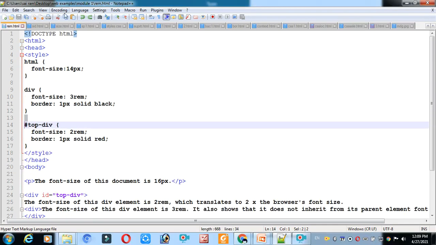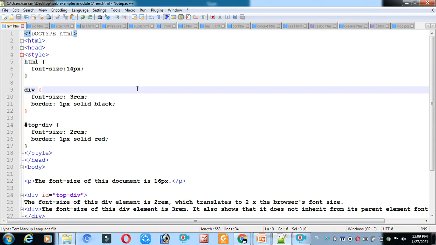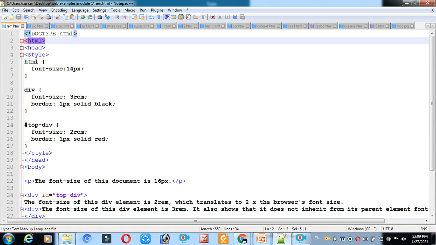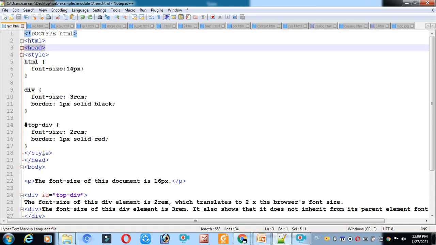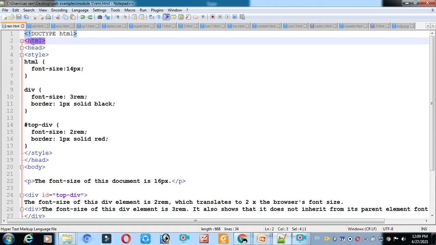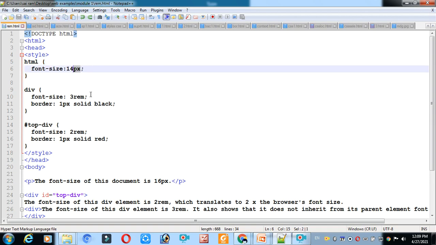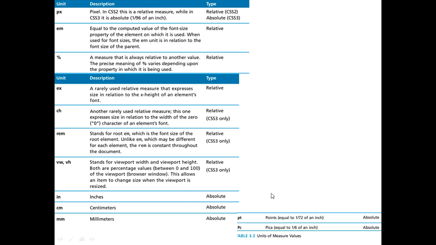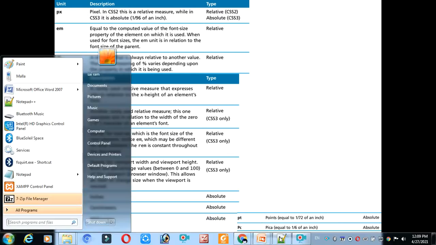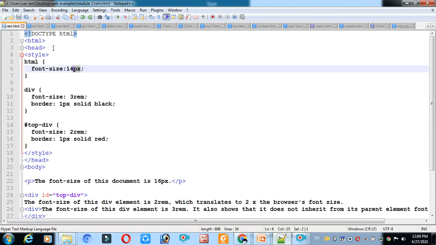I think it is visible to you. See here, let me consider the root; first comes the HTML. Within the HTML you have a head, and again a body. So I will make the HTML the parent. What is the font size of the HTML? I made it 14px. What is the px here? We gave the value px as an absolute value. Pixel value is absolute. We gave 14 or 12, like that. Clear? We gave an absolute value to the parent.